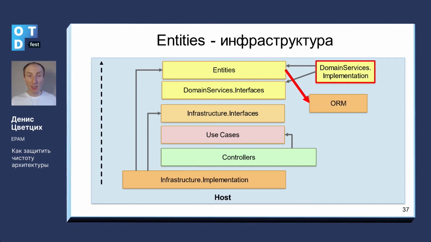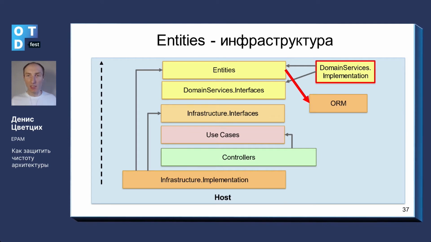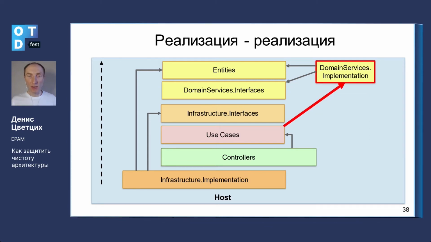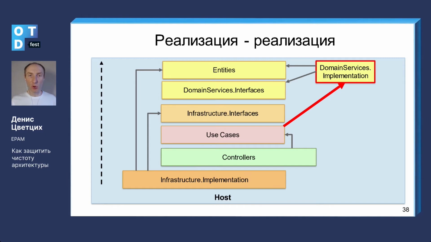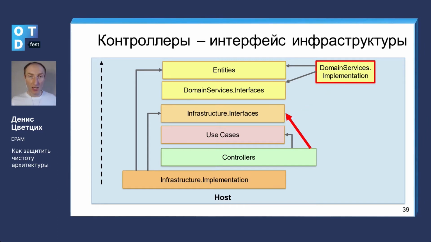Controllers can use dedicated repositories to bypass. Let's look at a number of examples. There are examples of incorrect links. Entities can use ORM directly when we have the domain layer. There is one more example on implementations. When implementations use cases from other implementations, handlers or use cases can directly use the main services implementation instead of using